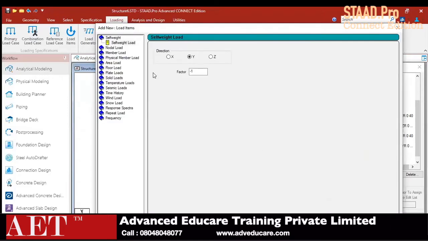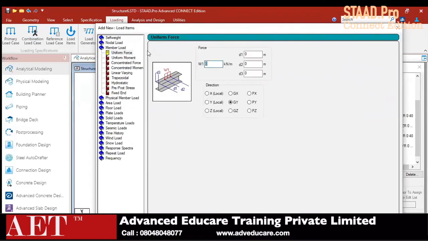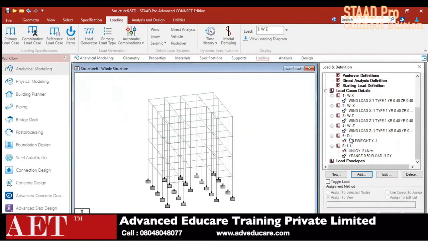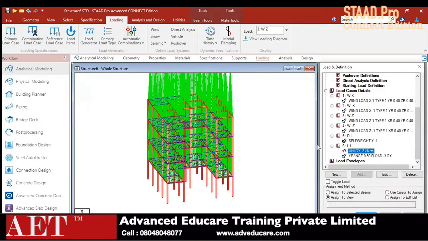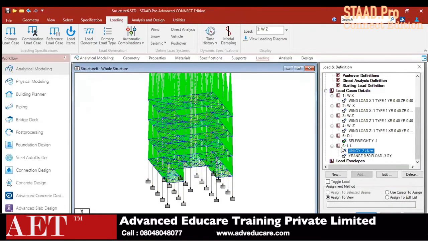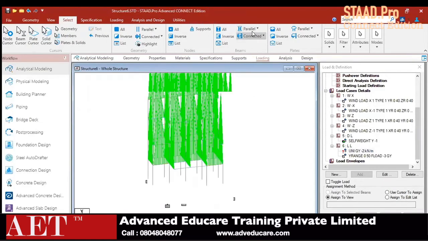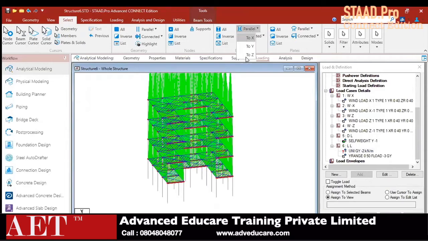In the live load I have a member load, that is -2 kilonewton per meter, and also a floor load of -3 kilonewton per meter square. Y range is 0 to 50. Just click on OK. Now assign the self weight to all the structure and the member load to all the beams, beams parallel to x and beams parallel to z, and click on assign to selected beam, assign.